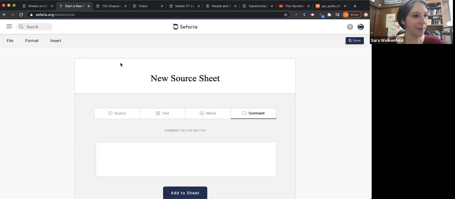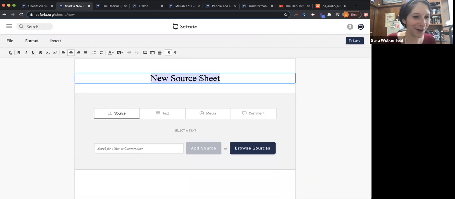Let's talk a little bit about how to actually make a sheet. I also want to show you how they operate in the library, but I'm going to start by taking you into some of the how-tos. So you notice that my sheet says new source sheet, which is not a very exciting title, and it's going to get complicated really quickly if I leave that as the title.